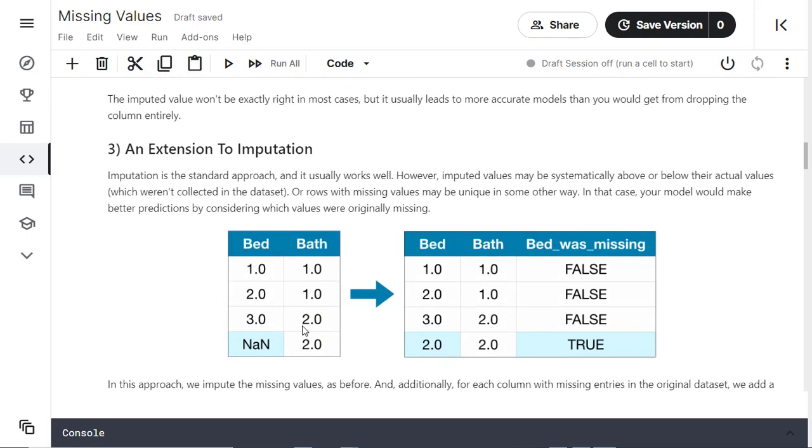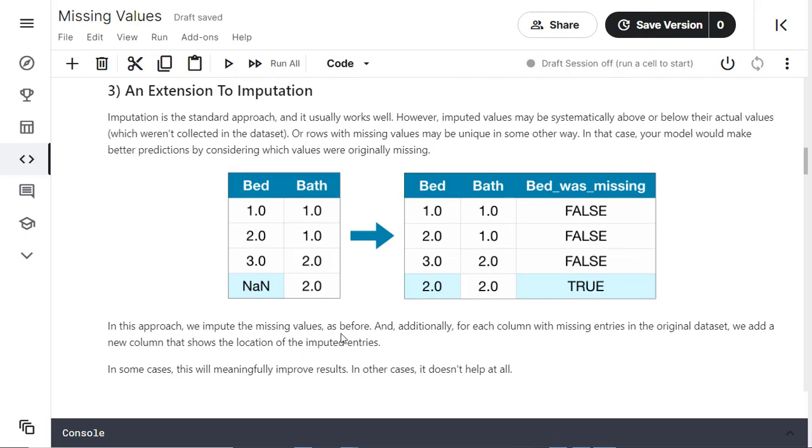Third approach, an extension to imputation. Here we will impute the missing value by either mean, mode or median, and we will add an additional column giving the information where the value is imputed, and this column is used for model building. In this approach, we impute the missing value as before, and additionally for each column with missing entries in the original dataset, we add a new column that shows the location of imputed entries.